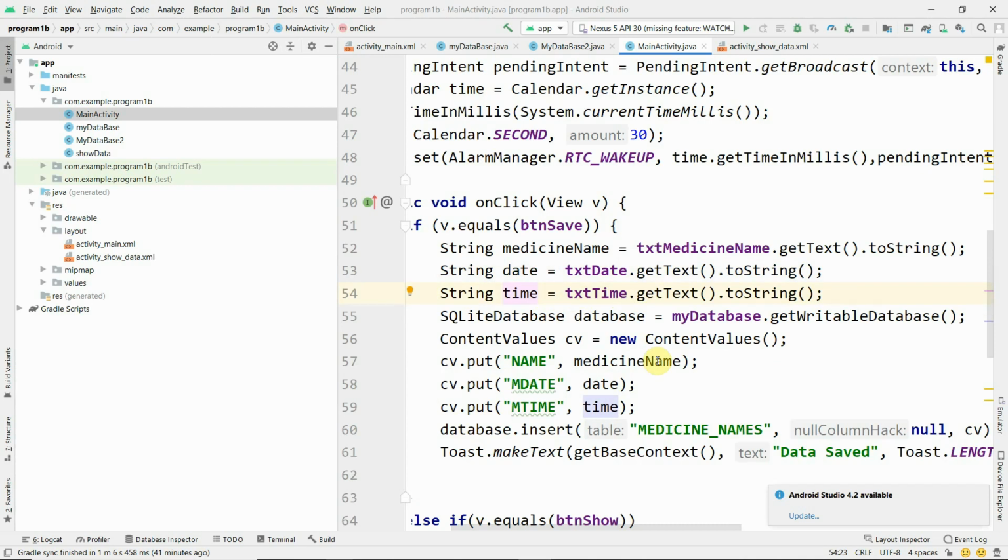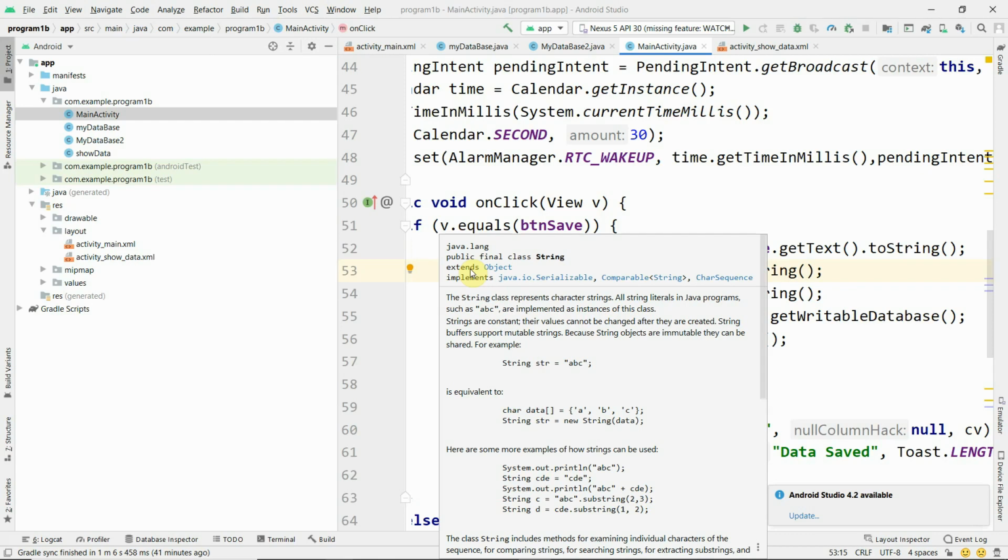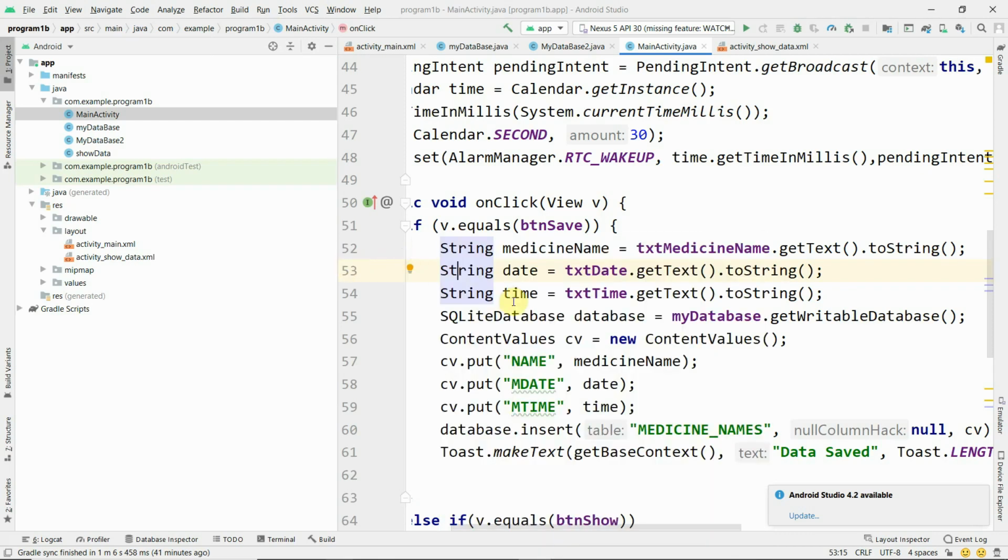These three variables now have the medicine name, date and time. Then a SQLite database object is created by using the MyDatabase dot getWritableDatabase method, which indicates we are now going to write to the database.